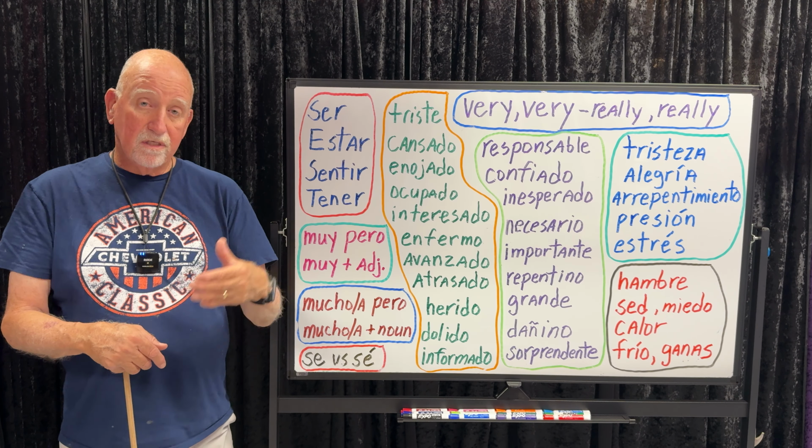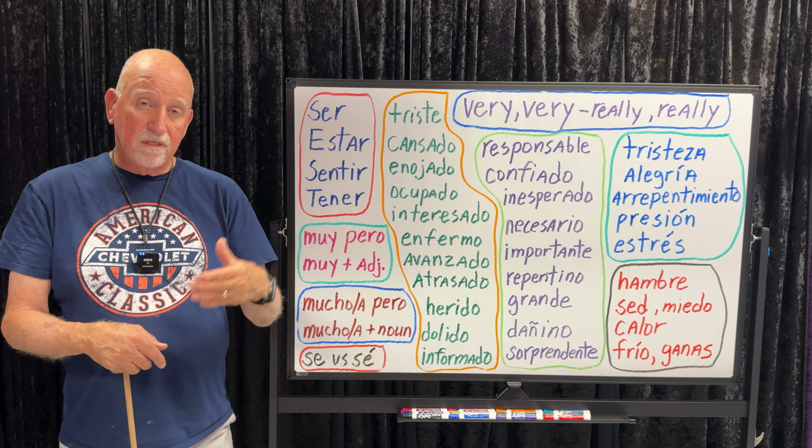Let's go with enojado. Ooh, boy. Mom is really mad. Mom is very mad. Mamá está muy enojada, she's very mad. Mamá está bien enojada, she's very mad. Mom is very, very mad. She's really, really mad. Mamá está muy, pero muy enojada. Ocupado. We are really, really busy. We are very, very busy. Estamos muy,